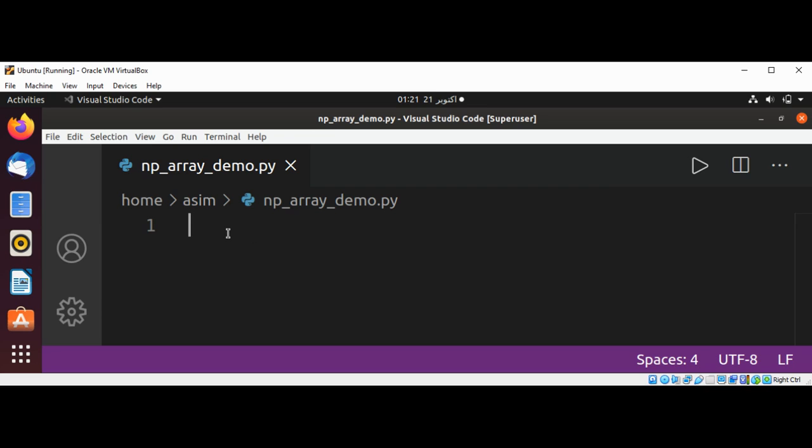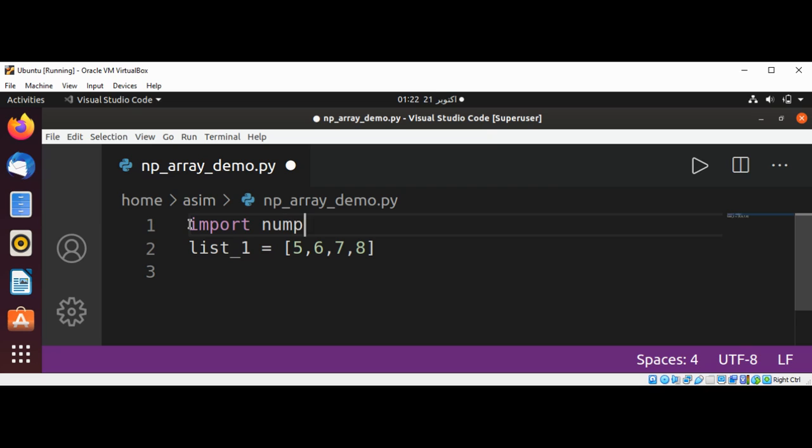I will just first create our list, and I will name it list_one and set it with some values. And now I can create an array. First I need to import NumPy. So I'm going to import NumPy as np,